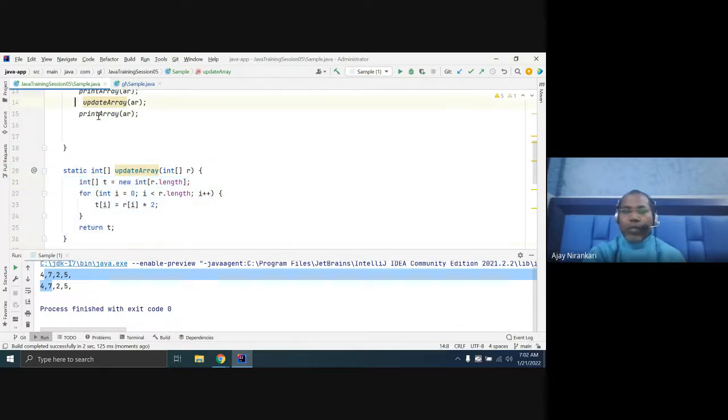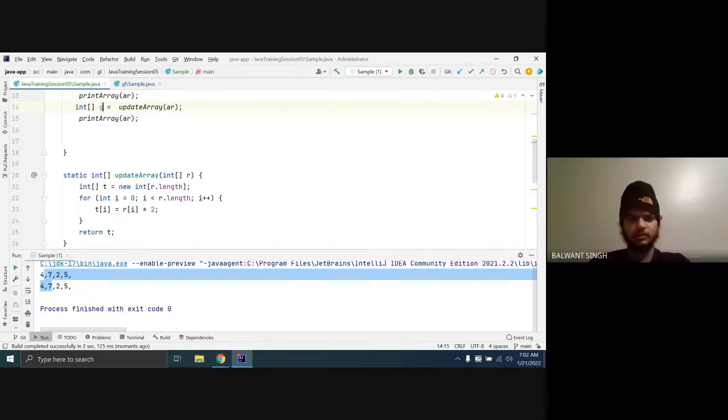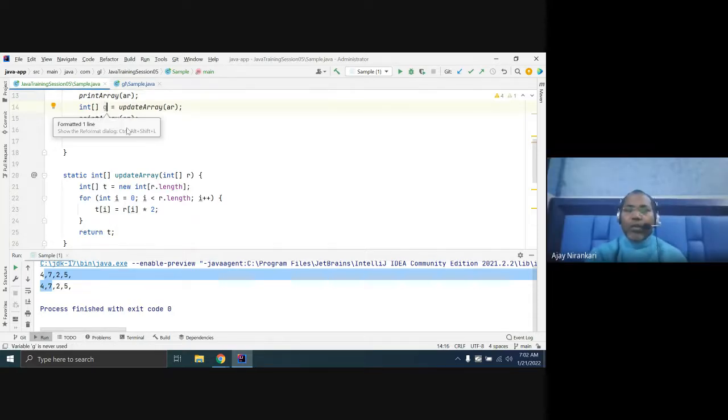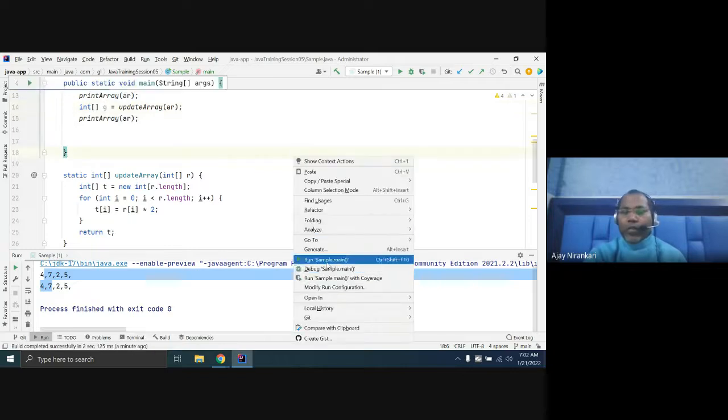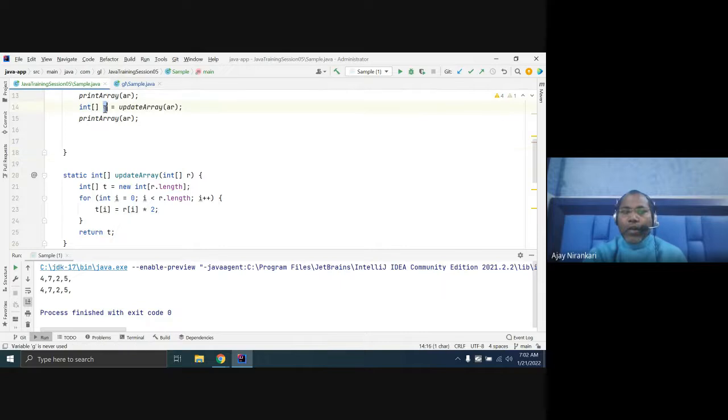So you say, okay, it returns some array. Now, if you return it and still run the code, you get the same output. Why? You are not printing the array that you are returning, the result array, right?